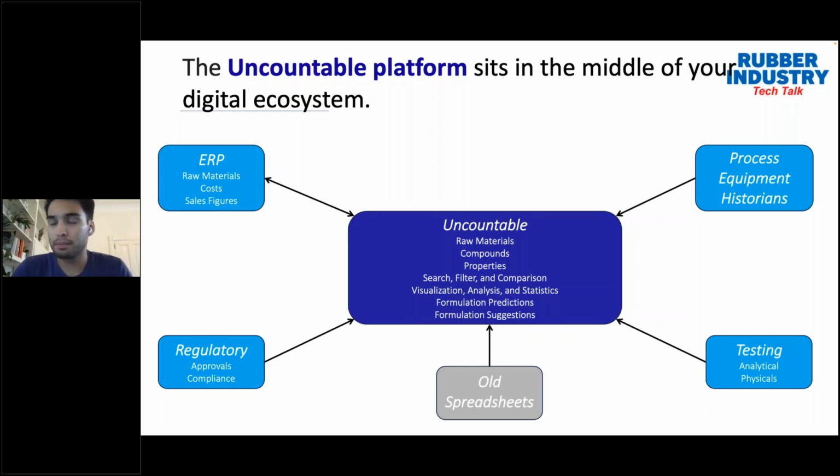Or maybe some organizations have an existing LIMS solution, and it is so ingrained in their operations and maybe used across their global operations that it doesn't make sense to rip it out. It's completely fine. We connect to that today, so we can pull in your results from your tests and connect them to the corresponding formulation. But the fact of the matter is that we do want to play well with other software solutions, because we know that everybody's current situation is different from organization to organization.